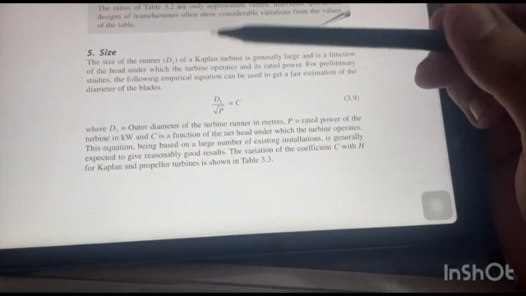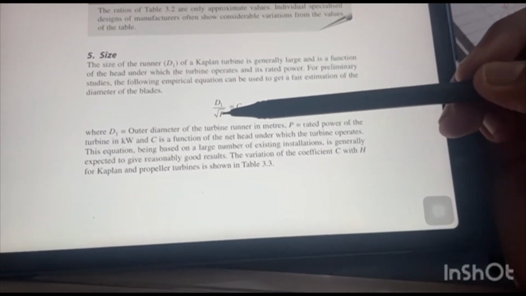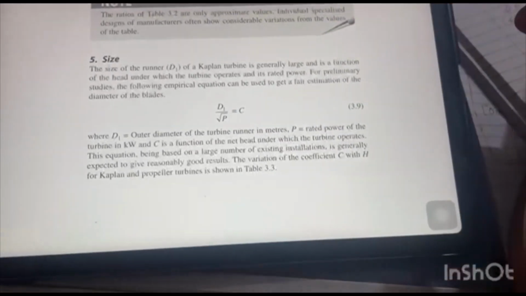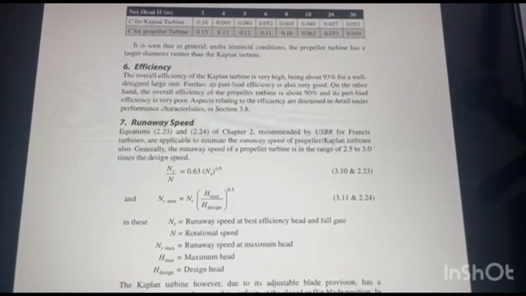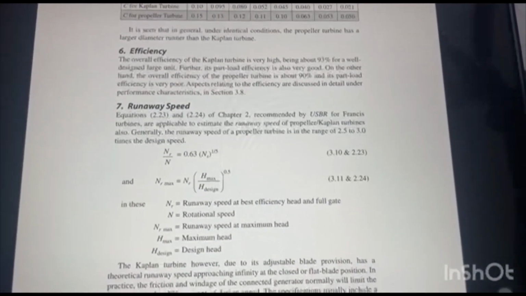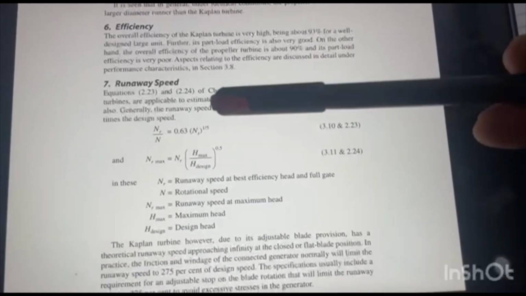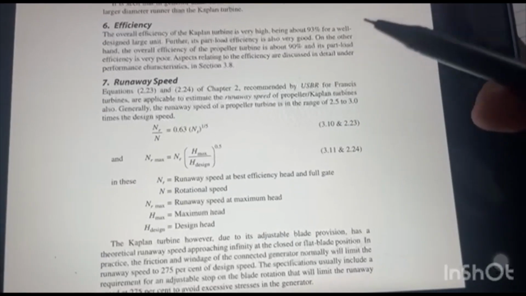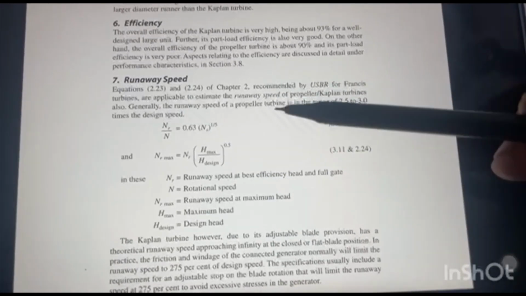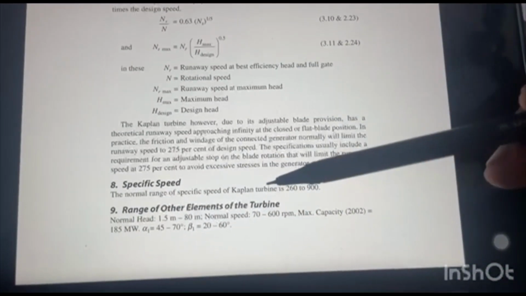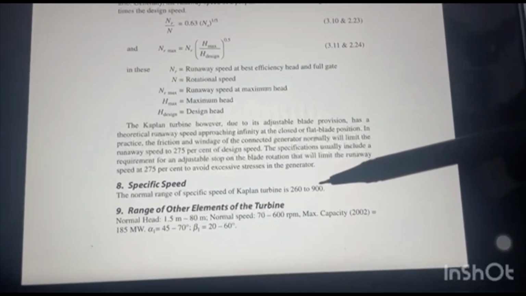इसमें साइज लिया हुआ है, डायमीटर D अपॉन D नोट P इज इक्वल टू C, इतना ये है। इसके बाद एफिशिएंसी हमने देखी हुई है पहले में कि मैकेनिकल, वॉल्यूमेट्रिक, ओवरऑल और शाफ्ट की एफिशिएंसी। रन अवे स्पीड हमें पता ही है, NR अपॉन R इज इक्वल टू 0.6। NS अपॉन 1/5, ये हमने पहले भी निकाली हुई है, इसमें इतना कुछ नहीं है। NS इसमें स्पेसिफिक स्पीड है, इसमें स्पेसिफिक स्पीड ऑफ कैप्लन टरबाइन 260 टू 900 होगी।